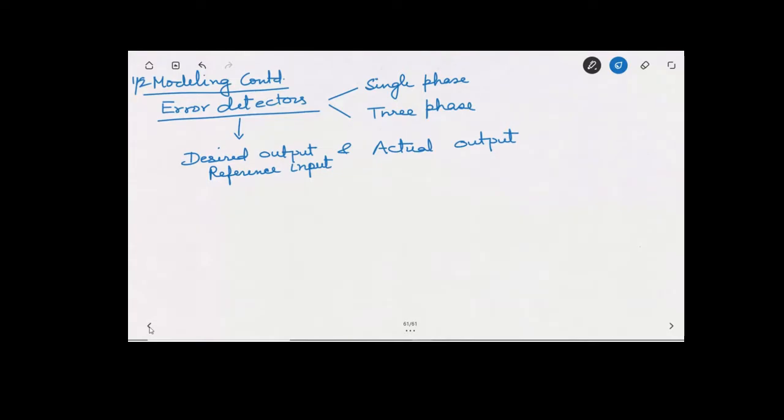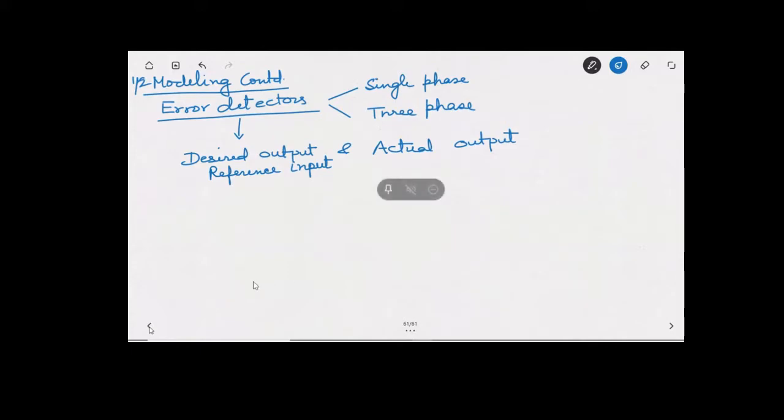So in a way, error detectors sometimes also perform the function of a transducer, that is, to convert the error signal obtained in one form to another form, which is needed for the control action. For example, in the control of the position of a shaft, the error is the angular difference in the position of the input shaft and the output shaft, and is expressed in either radians or degrees. A potentiometer error detector measures this error and converts the same into proportional voltage.